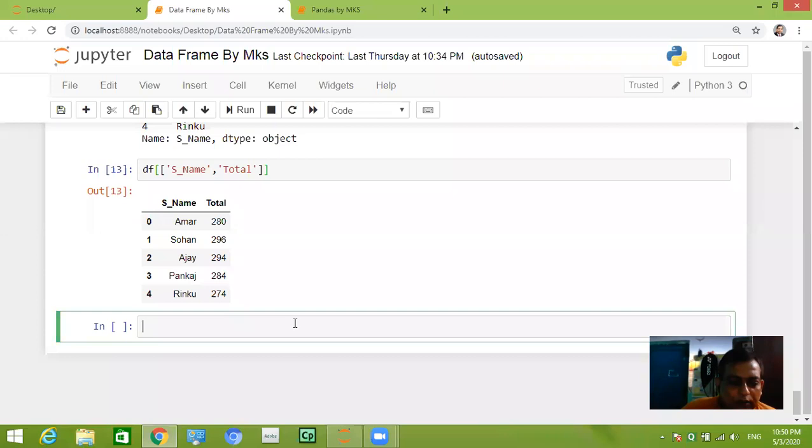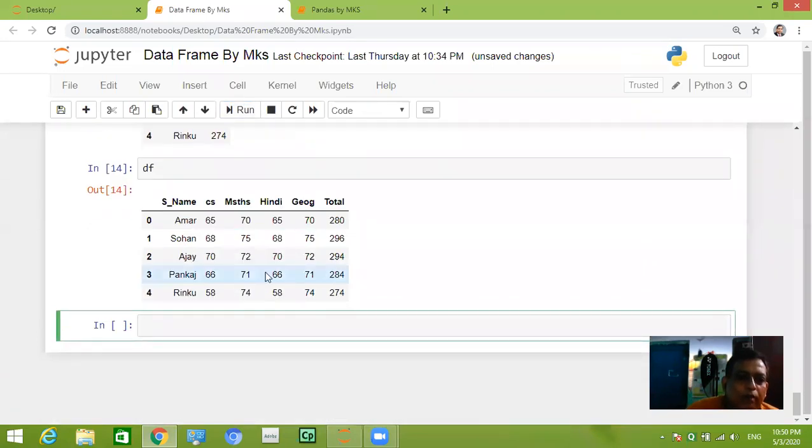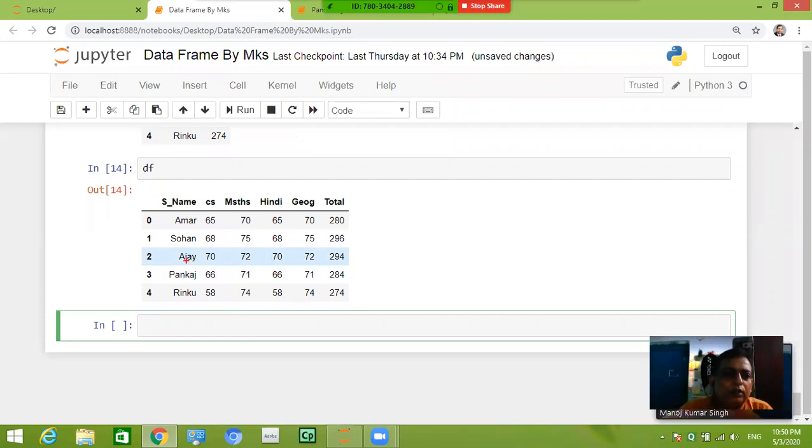We will see another example. Display all this data. Suppose we want to display only these 3 rows from this data frame. These 3 rows only should come in the output.